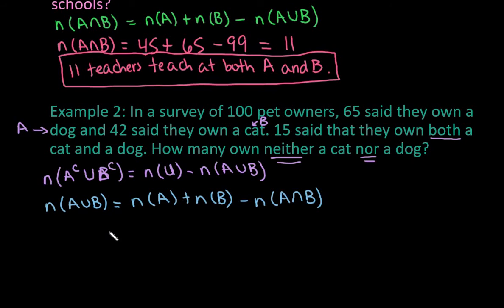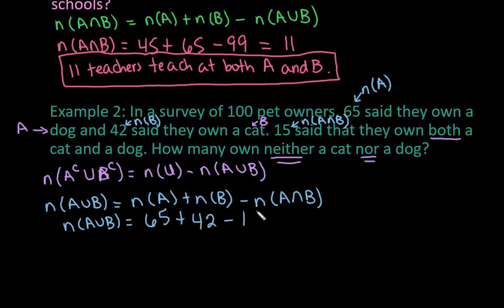So let's find all of this important information. The number in A is going to be 65 because it says that we have 65 who own a dog. And then our number in B is going to be 42. And the number for both is going to be 15. So to find the first part, the number in A or B, we would say our number in A is going to be 65, plus our number in B is 42,